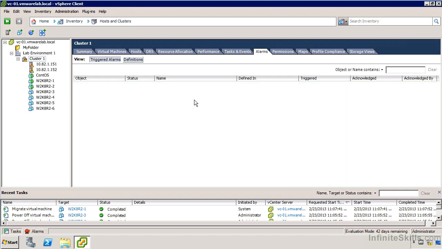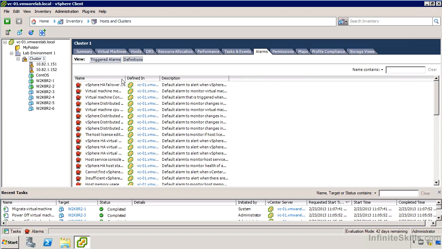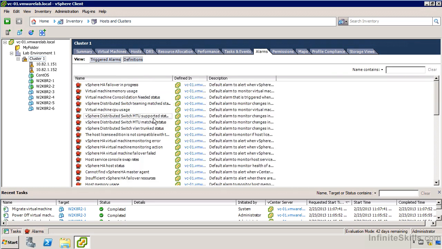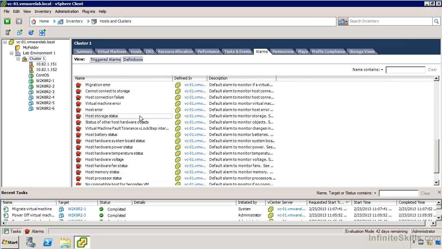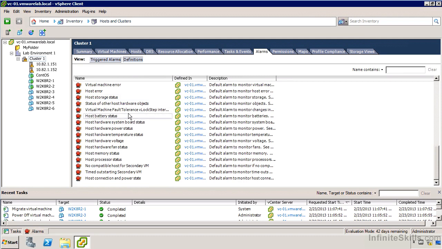So that gives us a pretty good view of acknowledging and clearing an alarm, but there's many things that could occur in a complex vSphere environment that we probably want to be made aware of when they happen. In fact, we might even want to have the system take action for us when they happen. You'll see that we've got triggered alarms. We can also see definitions. So there's quite a few previously defined alarms within vCenter